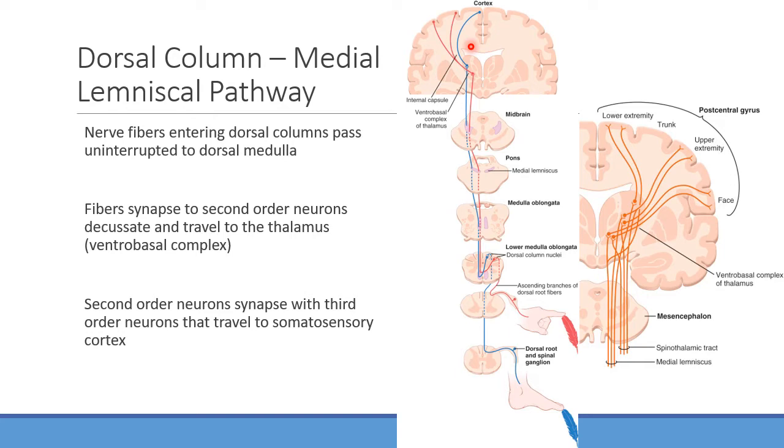Does that make sense so far? Okay. Again, you don't have to remember each and every step of this pathway. Just know where it is crossing over, and then where it is going to. Again, everything is going to be ending up in the thalamus at some point, and then transmitting out to whatever terminal area it's going to. In this case, it goes into the somatosensory cortex there on the edge of the brain.